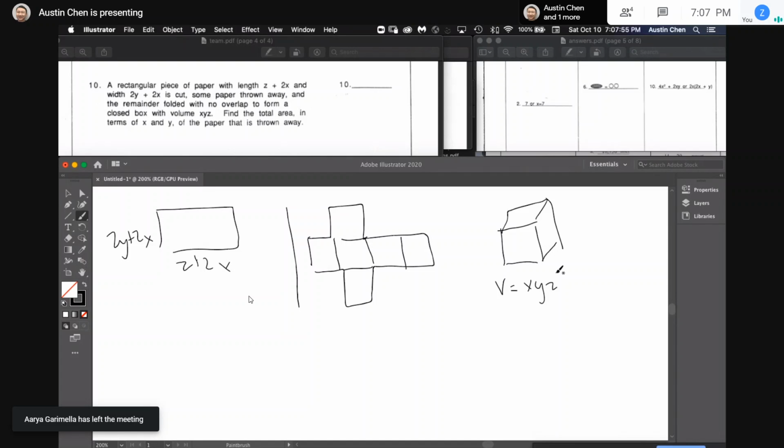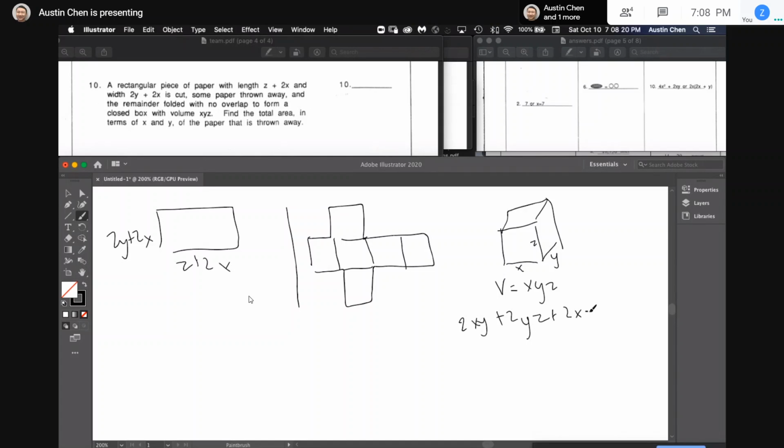That's just one option that works. Sure. Okay, so we can start by assuming that the sides are X, Y, and Z. Now, if we do that, the surface area is just going to be 2xy plus 2yz